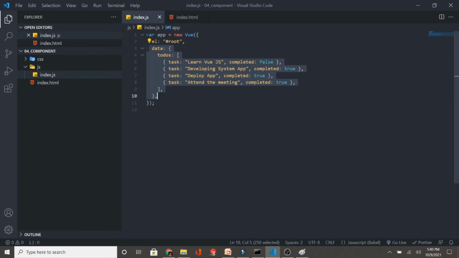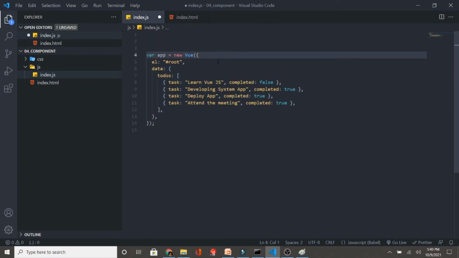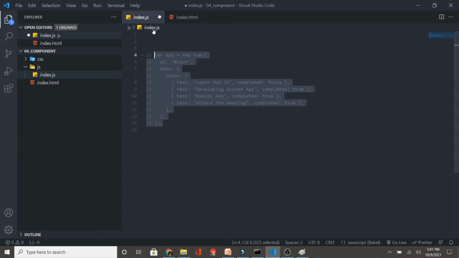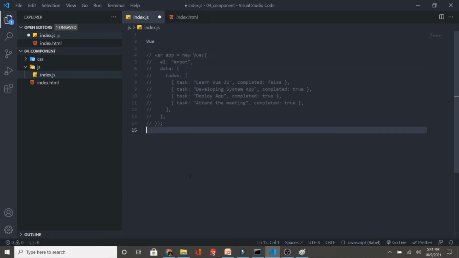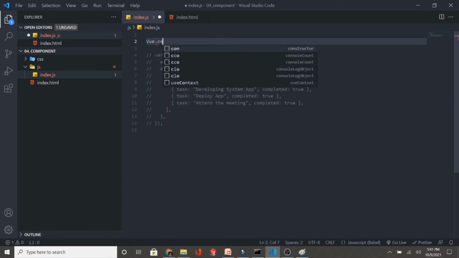Now it's very simple, it is not difficult at all. So I will do one thing, I will just keep this thing commented out right now. I will work on this later on. So now if you want to create a component in Vue, guys, this is how we create the component. You will take an instance of Vue, and you will say Vue.component. Okay, you are creating the component. Now this is a function. Inside this you will say what is the name of the component. So the name of the component is, let's say for example, to do item, right?